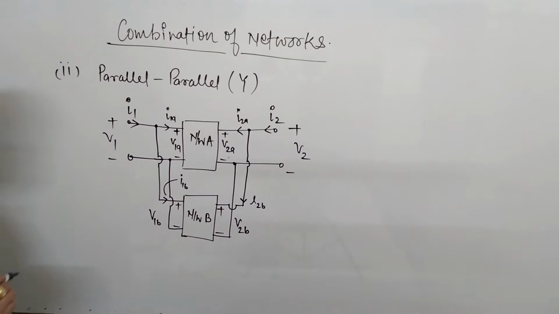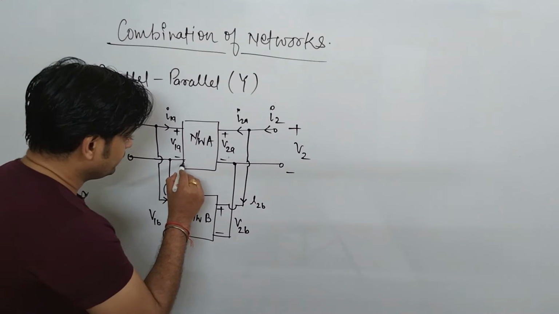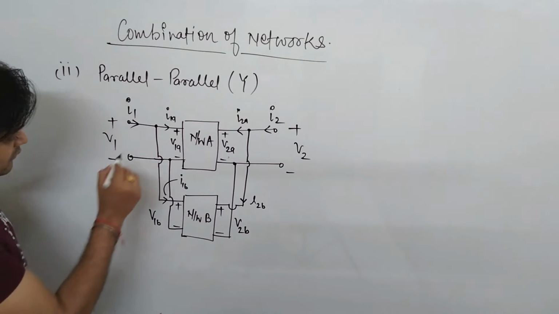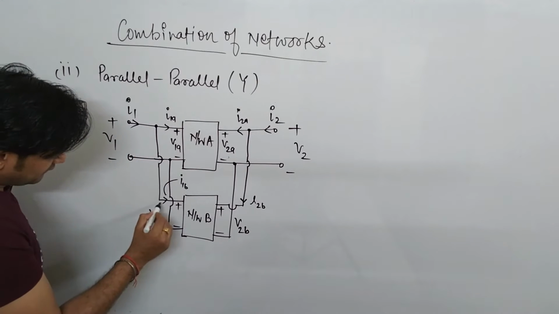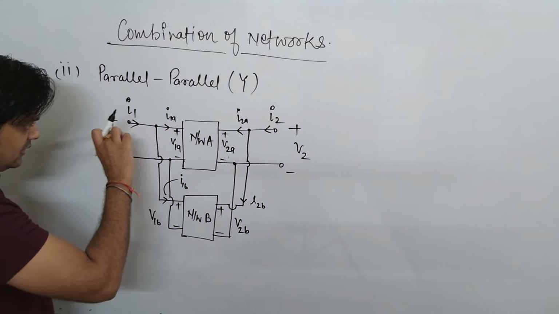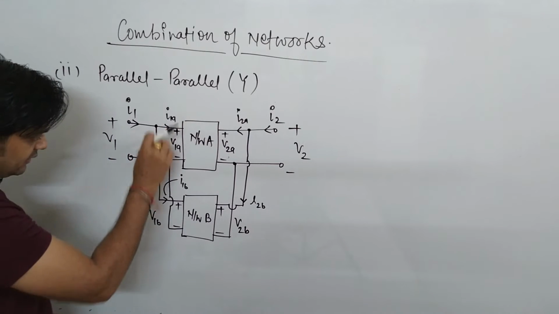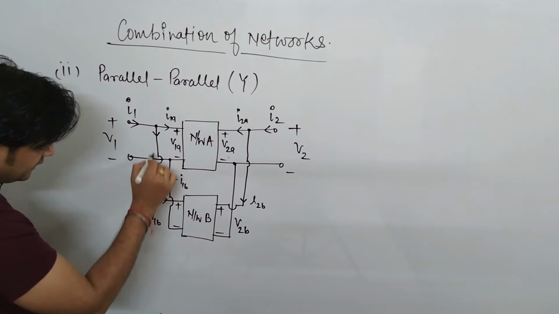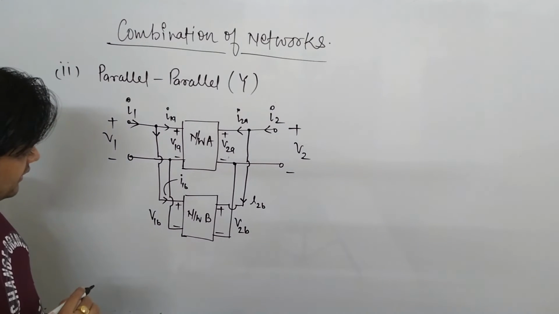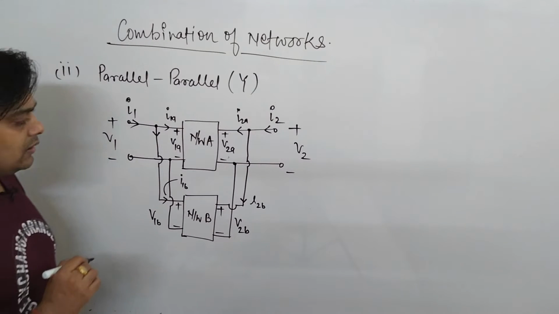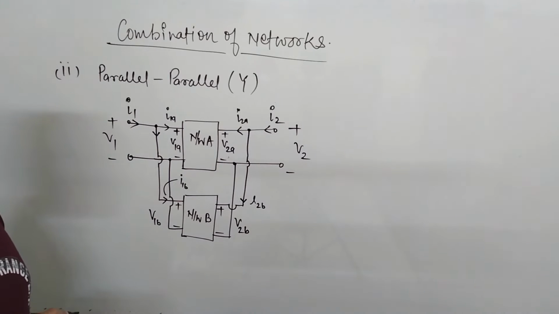Now see, these are the conditions in which two networks are connected in parallel form. The connection is in this form. That means in parallel the current will get divided; the current will go here and here. For the parallel combination, we have already seen in our previous sessions that the voltage will remain the same and the current will get divided.